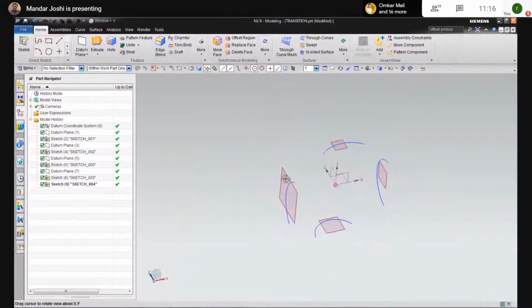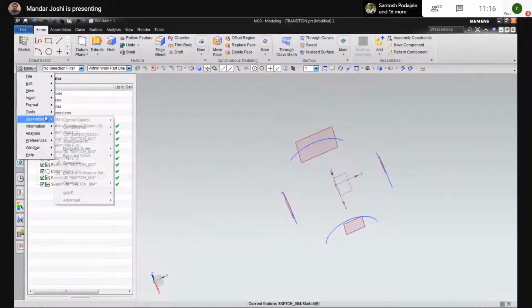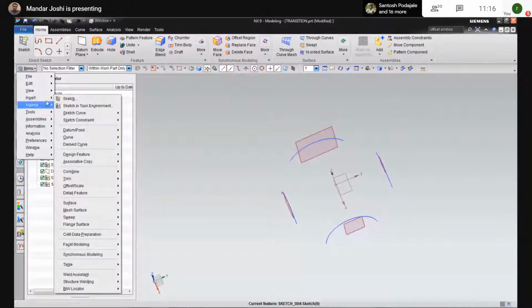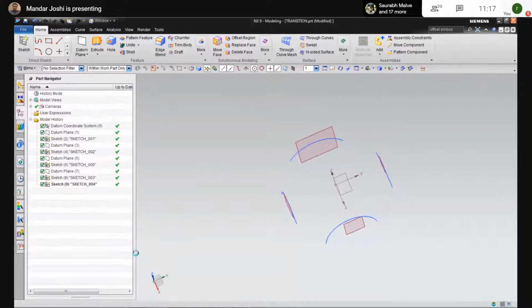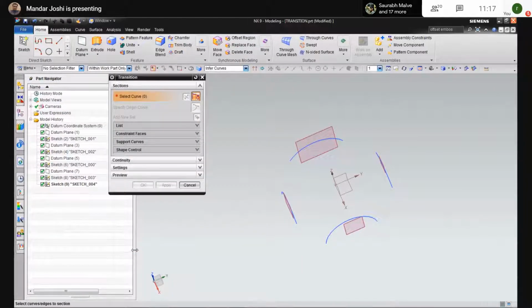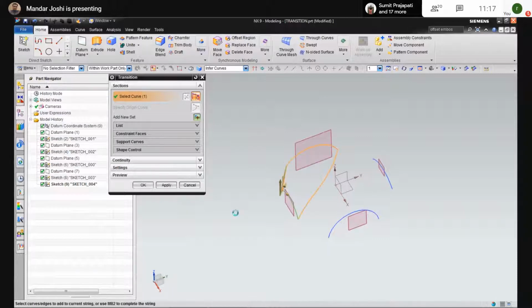Okay. Now I need to connect all four curves. So I go to the option of Insert, then Surface, and select Transition. Select the curves. First curve is this arc. Add a new set. Select the second curve.